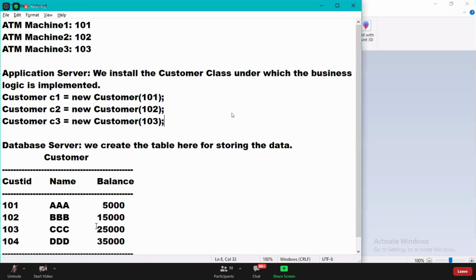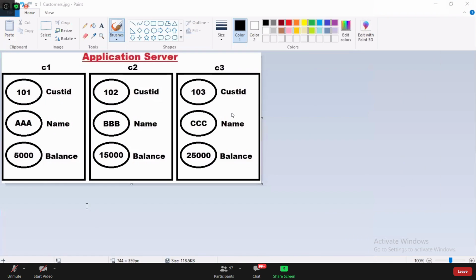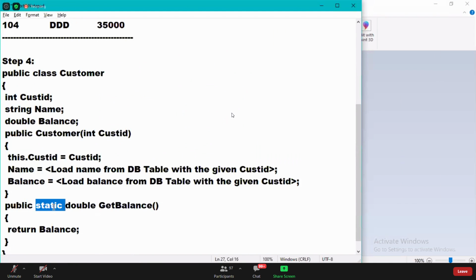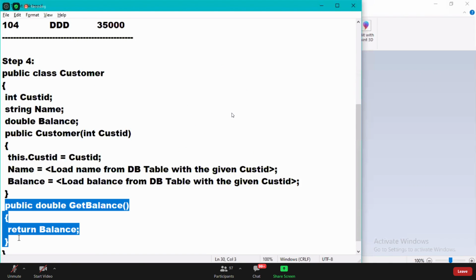I did not use a static method here. If I use a static method, I said you what is the problem? Be in the class first. So this particular method should be defined as static or non-static.